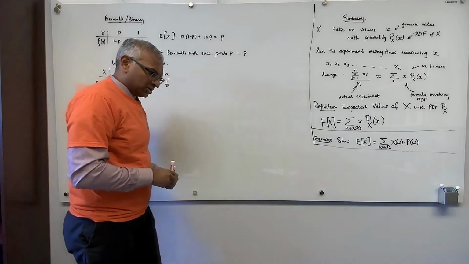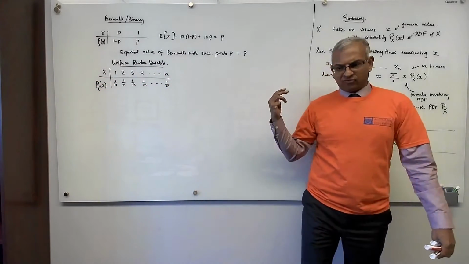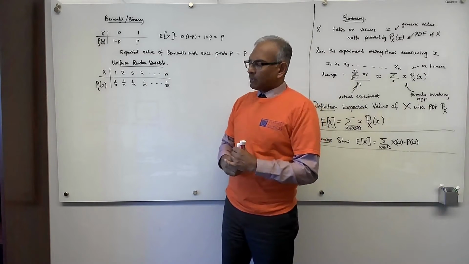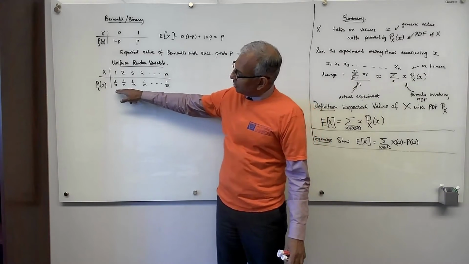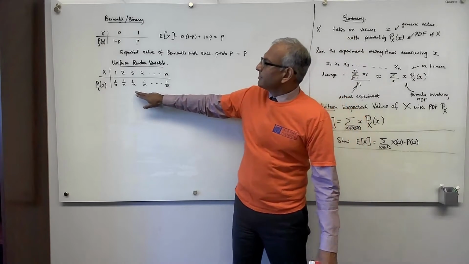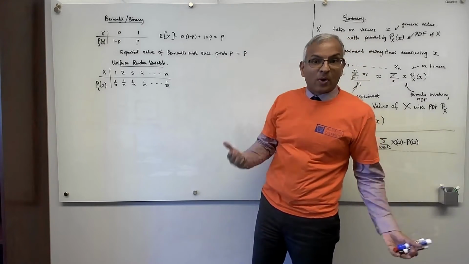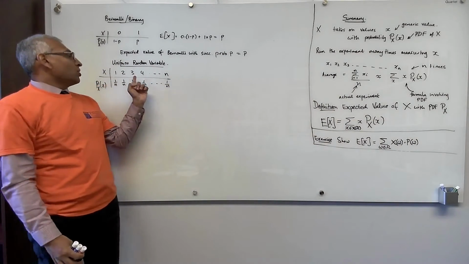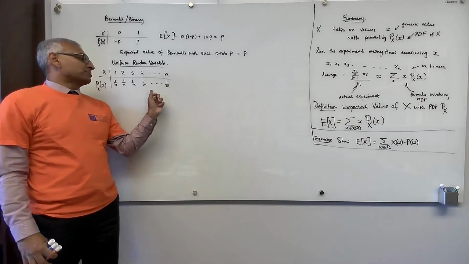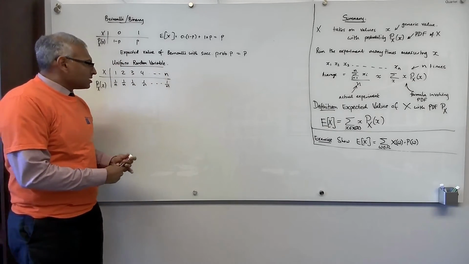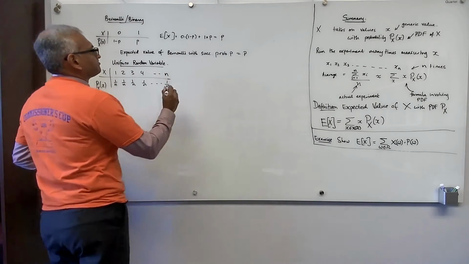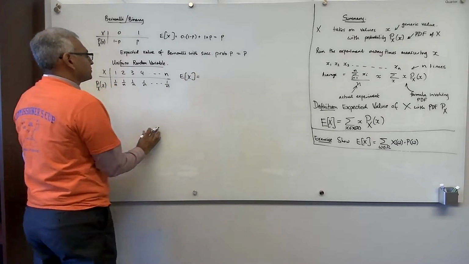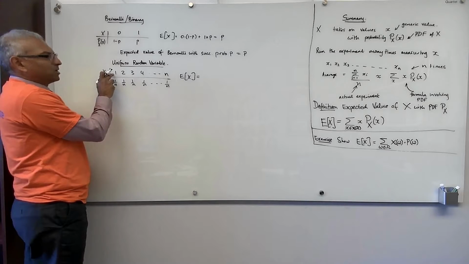So pause the video. Think about it for a couple of seconds. 1, 2, 3, 4, 5. Now if you're coming back and you're saying, just tell me why 1 over n: since all of them are equal and they must add up to 1, they must each equal 1 over n. So that's why 1 over n. We know these are all the possible values of x, so the sum of their probabilities must be 1. But now the expected value of x is just equal to, you multiply the possible values by